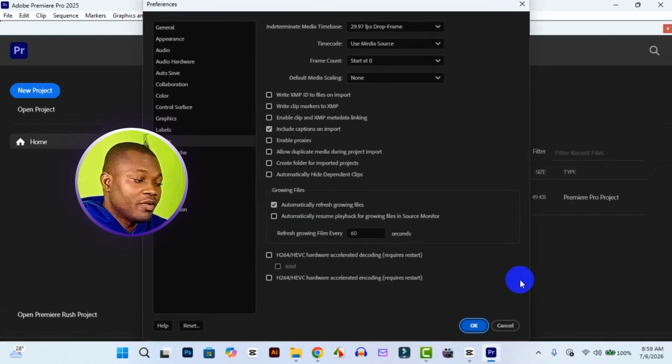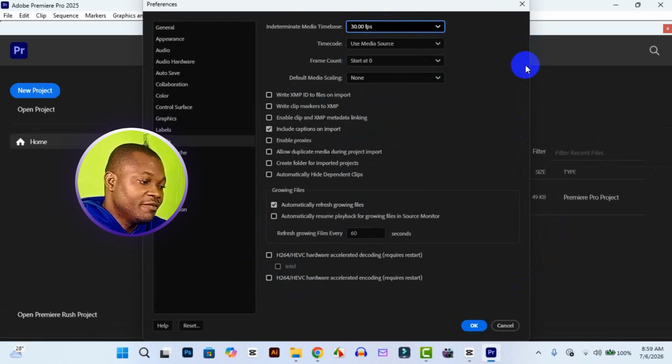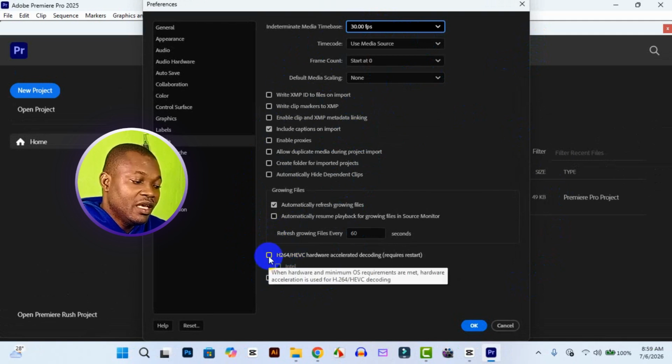And this is going to pop up. So under the Media section, you want to make sure you set up your frame rate. You can click on here. Then here, you can set your frame rate to be 30 frames per second. And then you can simply come down below and make sure you check this